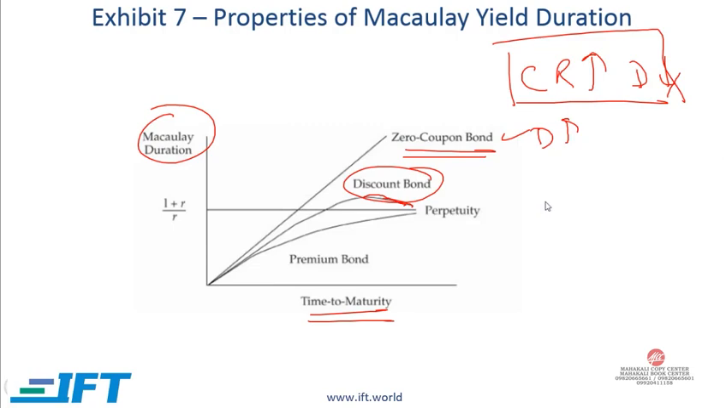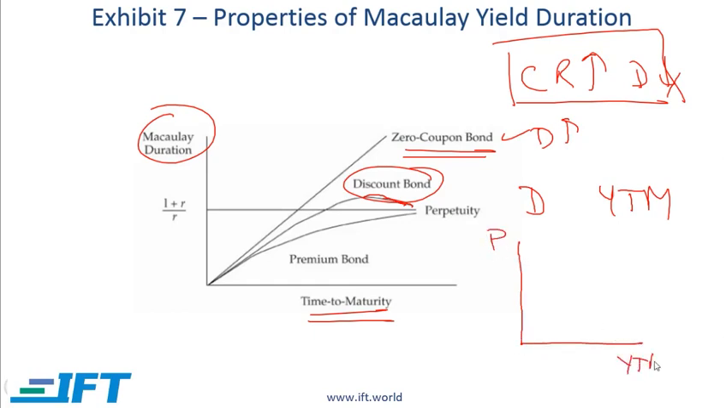And finally, let's look at the relationship between duration and yield to maturity. I think it is easier to understand this relationship if we look at the price and YTM curve. For a conventional bond, this is what the price YTM relationship looks like. And notice that the interest rate sensitivity, which is measured by the slope, is relatively high at low YTMs, and